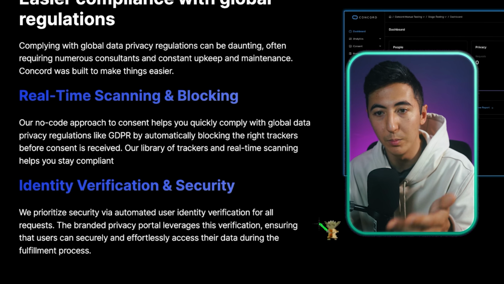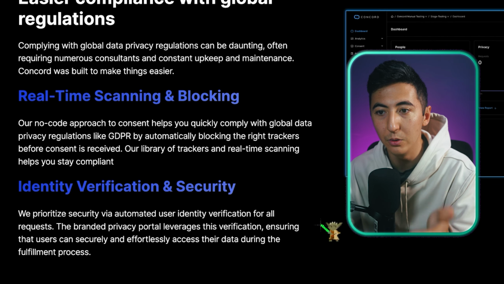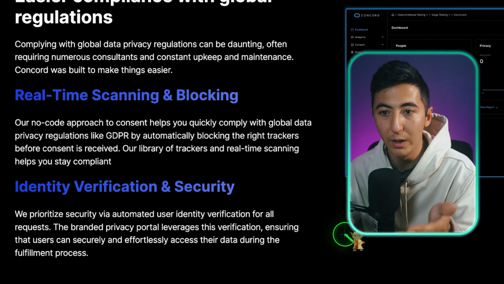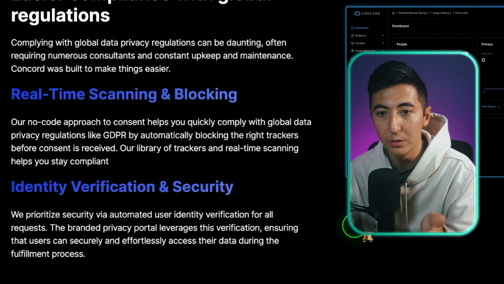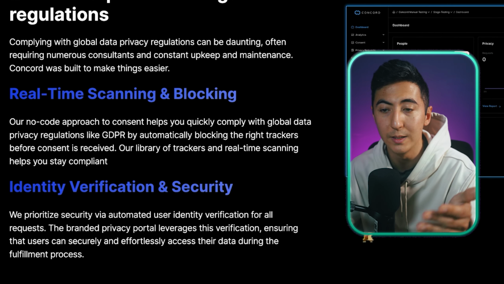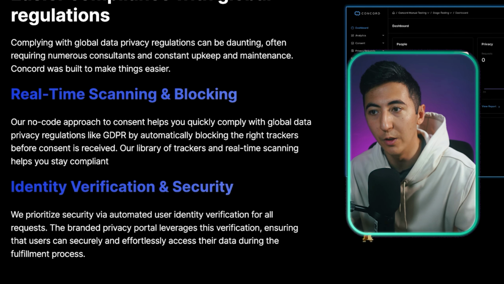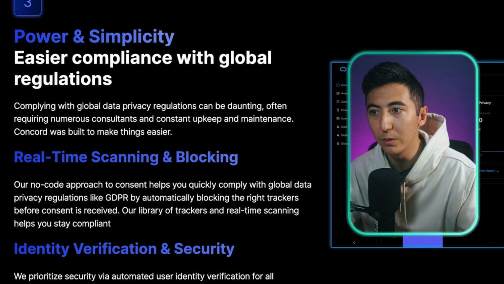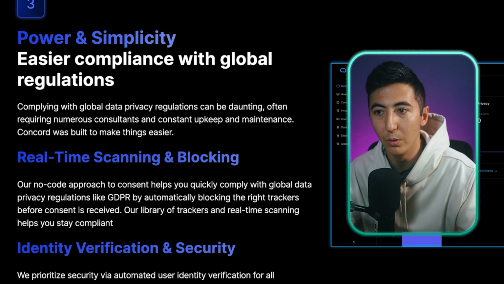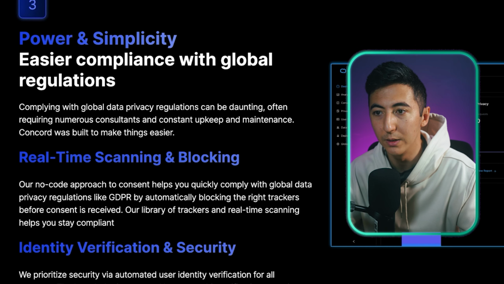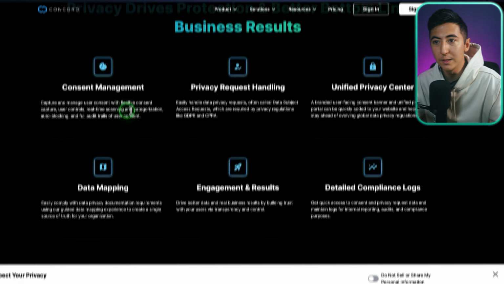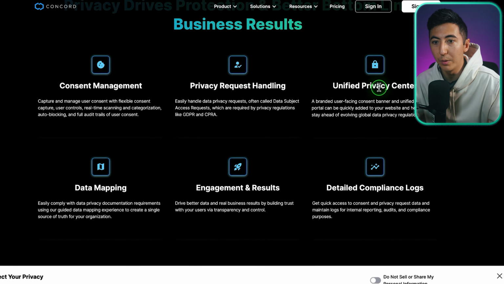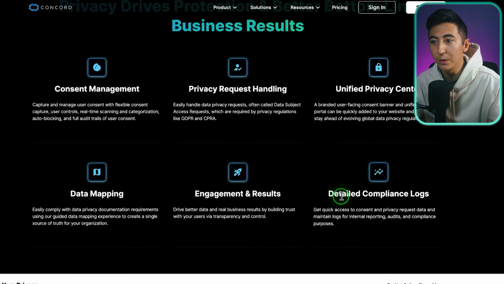And then you also get identity verification and security. They say we prioritize security via automated user identification for all requests. The branded privacy portal leverages this verification, ensuring that users can securely and effortlessly access their data during the fulfillment process. So you'll get a nice dashboard showing people that have either complied or modified their privacy rights. They say privacy drives protection and better bottom line business results. So you get cookie consent management, privacy request handling, unified privacy center, data mapping, engagement and results, and then detailed